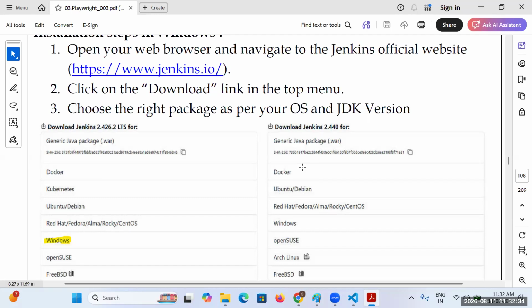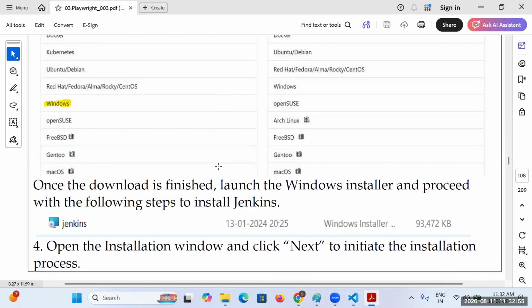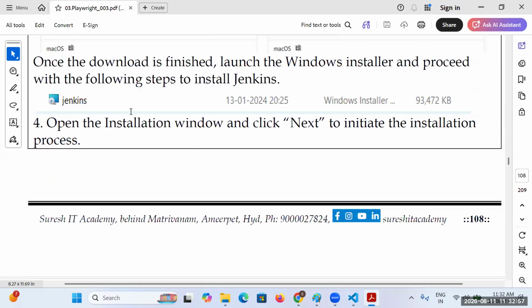Now you go to that particular website. Once you are on the website, it will go through the respective step. For Windows, it will download an .exe file.